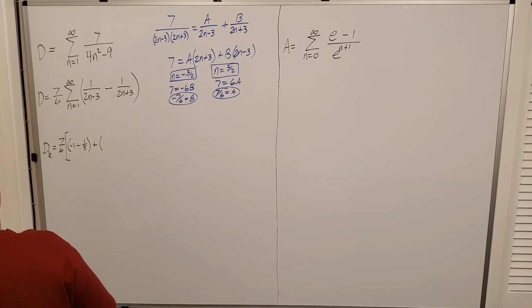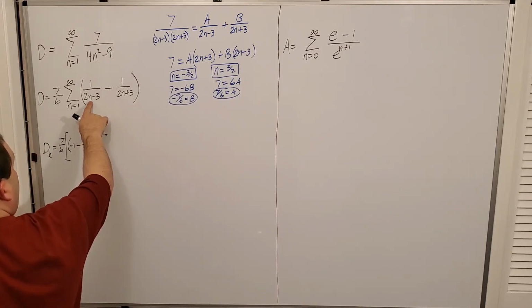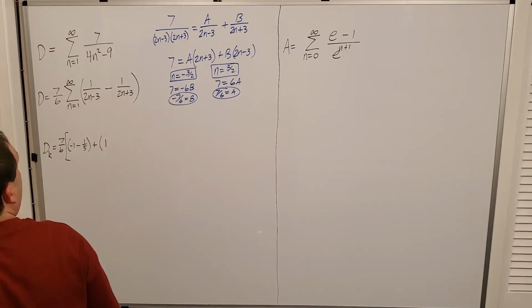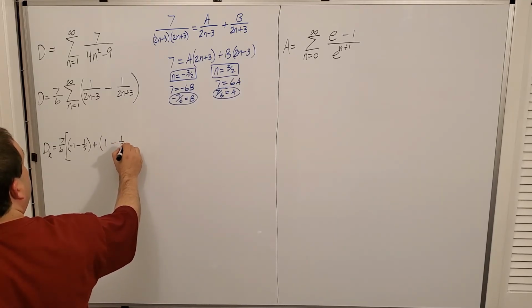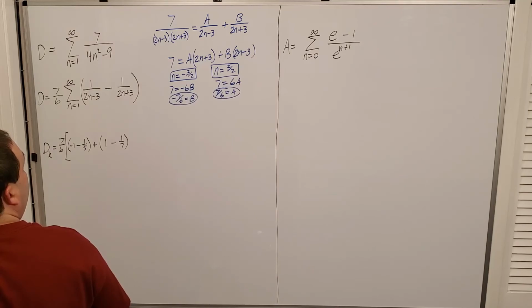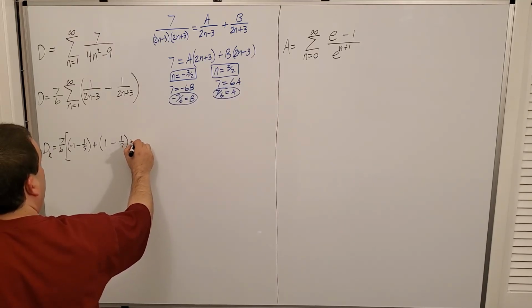Plus, I'm going to plug in 2 now. So that'll be 1 over 1 is 1, and minus 1 over 7, because it'll be 4 plus 3 there. Plus,